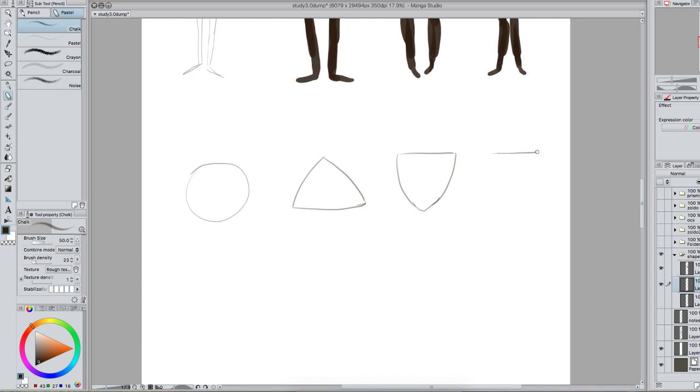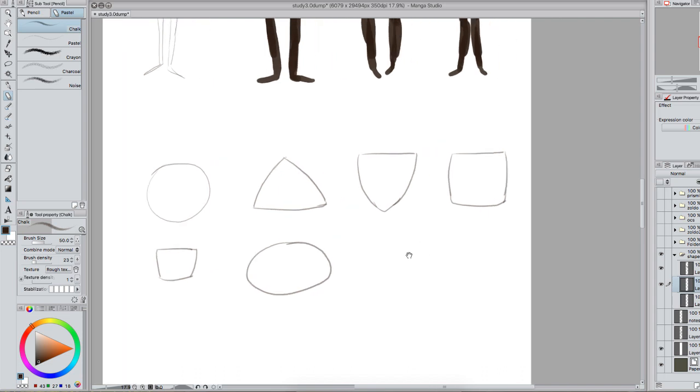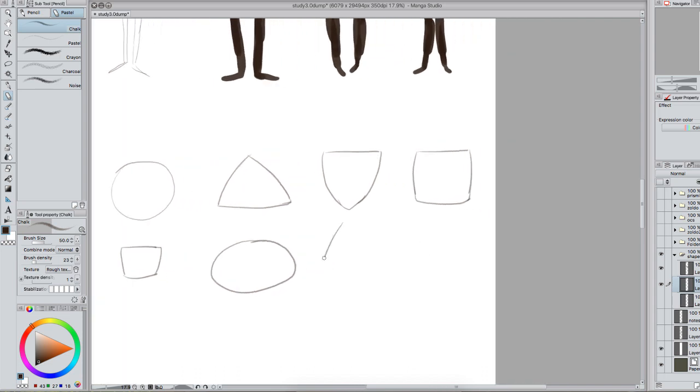And we're going to go with one of each shape again, and we're going to mix it up on the bottom. And we can also change the size. So if we make this pelvis a bit smaller, if we make this one larger and stretch it out to the side a bit. With this one, let's make it a little bit smaller and round it out